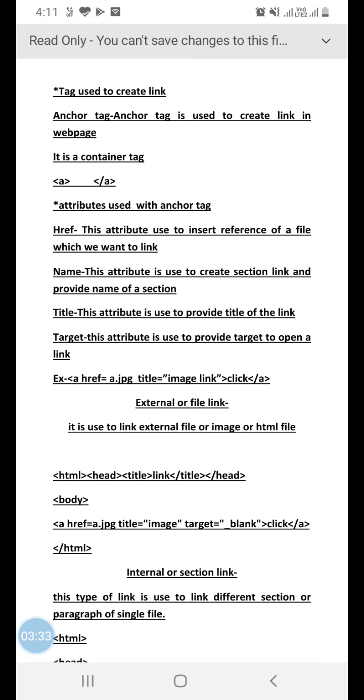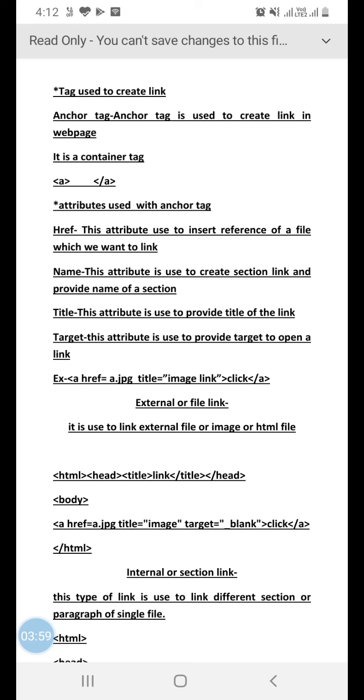Now we will see an example of the anchor tag with all its attributes. Here within the angle brackets, the anchor tag has been used with href, title and target. Href stands for hyperreference which uses a.jpg.